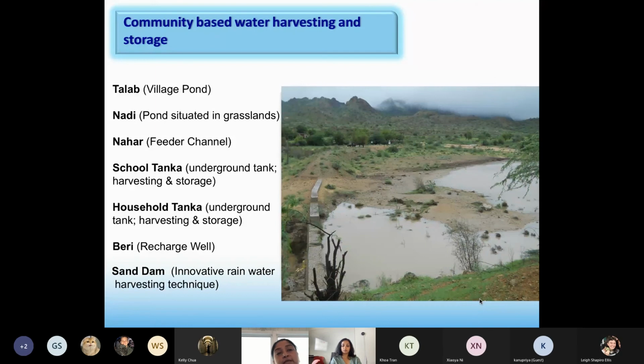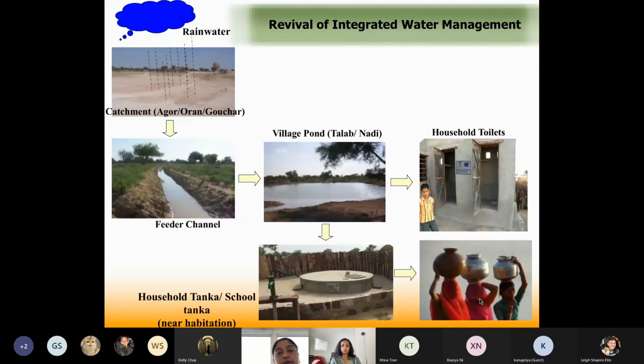So this is a whole integrated system that we try to develop in the village. Whatever is possible we do. There might be some different structure, but on an average this is the kind of integrated water resource management system that we do. We have large catchment areas, which can be a plain catchment, an oran, a sacred forest, which we would develop, or a gochar, a grassland. We also do hardy grasses on the gochars,